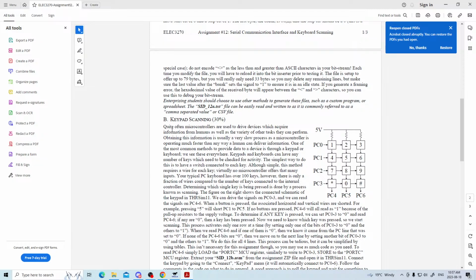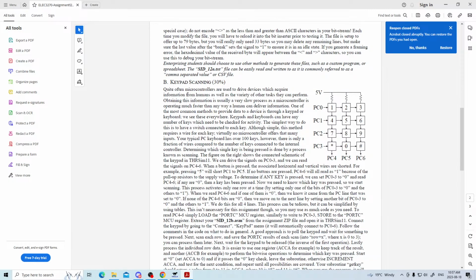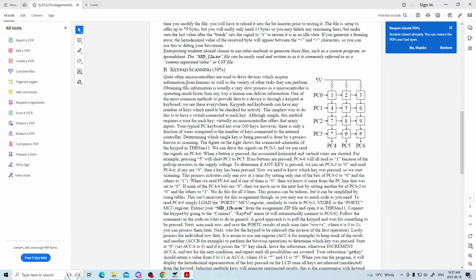Look at part B of this assignment. I did part A in my previous video. Here we are going to look at part B. Part B is keyboard scanning, and quite often microcontrollers are used to drive devices which acquire information from humans,